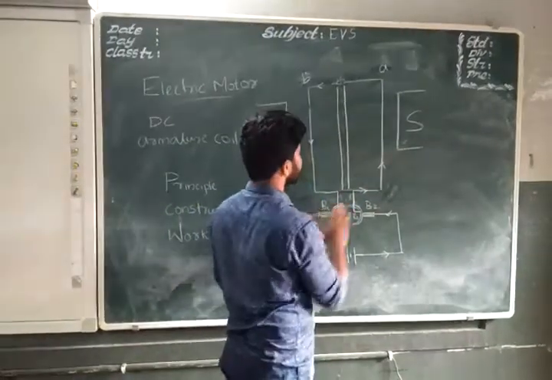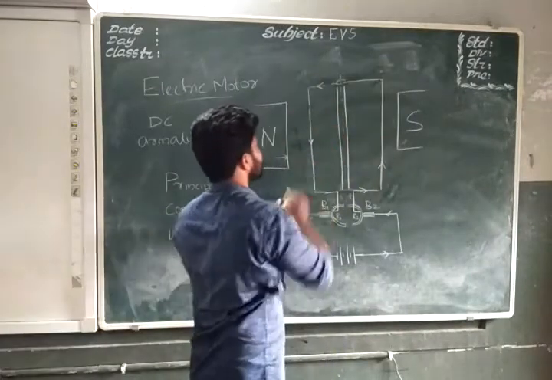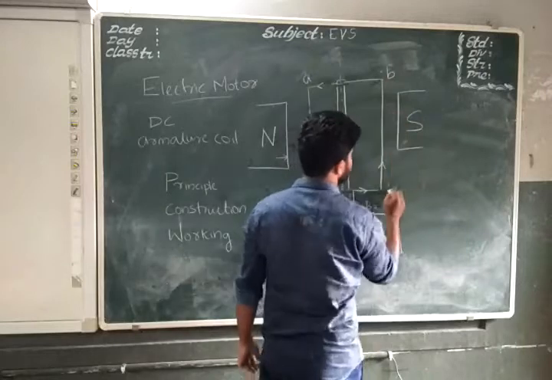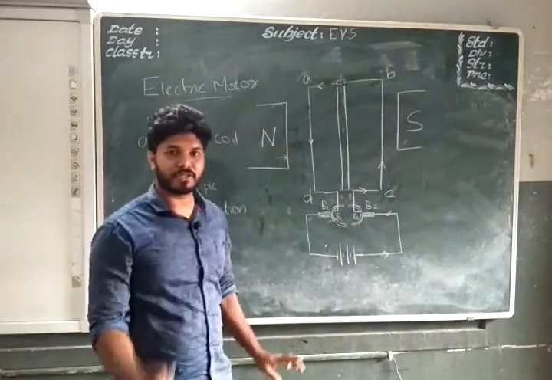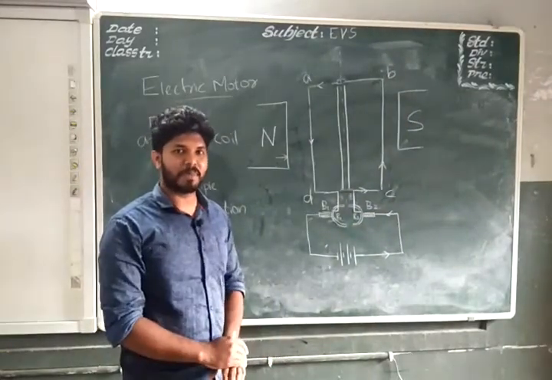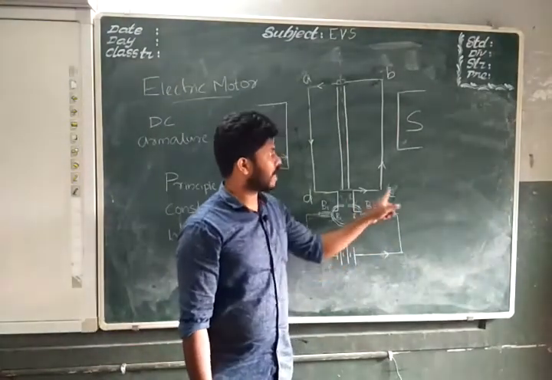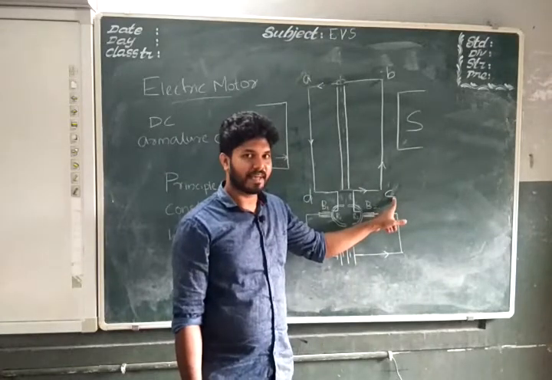So now here our AD reaches back here, and BC reaches back into the same position. So it completed one rotation. Hope it is clear. First of all, the current flows through here and reaches C, and when it reaches